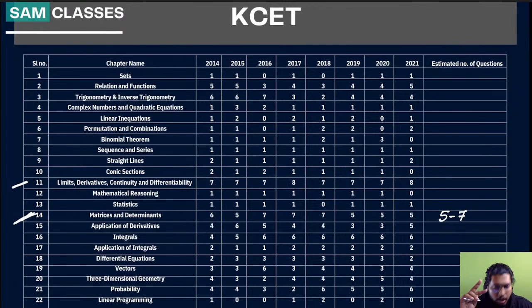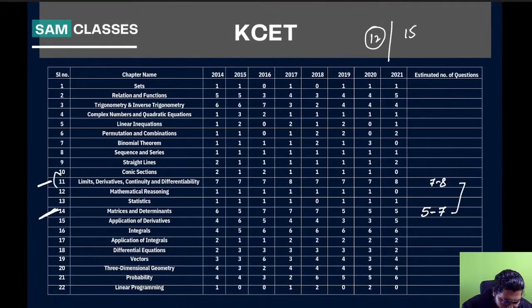So what we saw, these chapters: limit, derivative, and continuity and differentiability. 3 chapters, how much? 7 to 8 marks. So if somebody does these two, minimum how many marks got till now? 12. Yes or no? Minimum 12, maximum 15. Yes or no, students? If I just do these two topics, minimum 12, maximum 15. Clear, everybody?